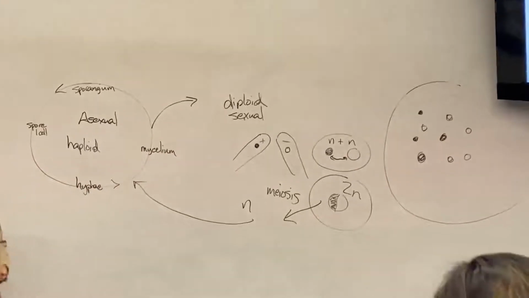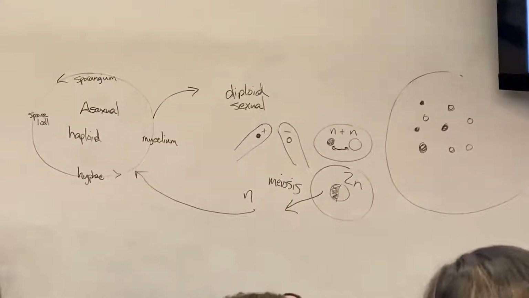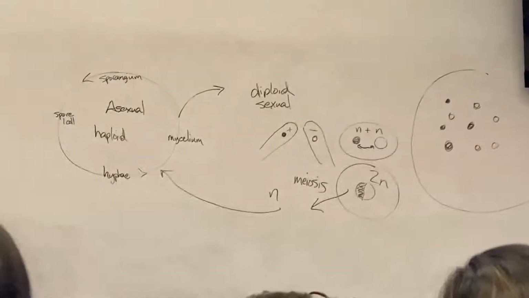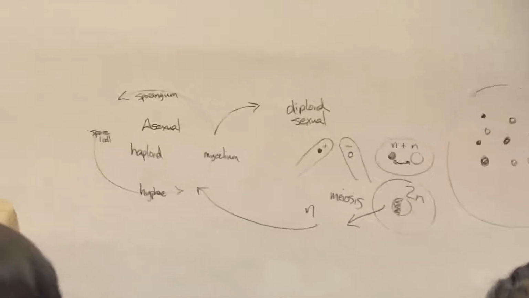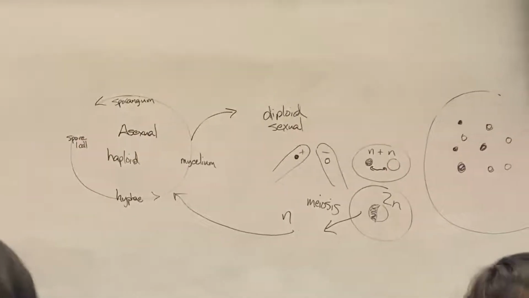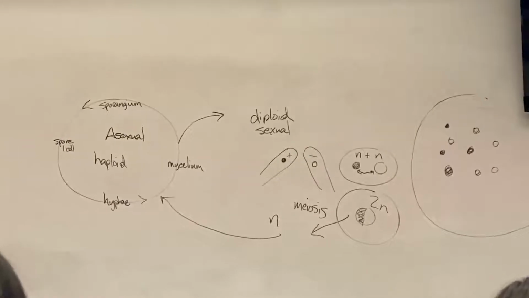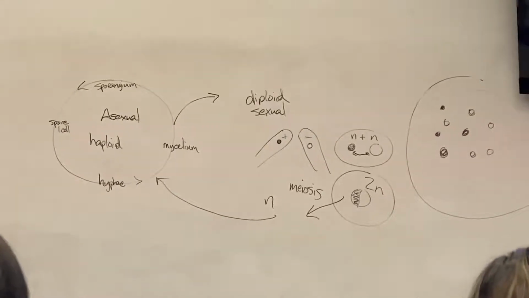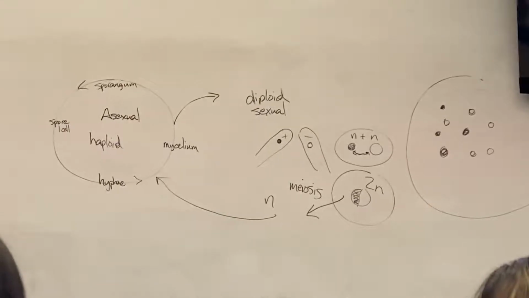So sexual reproduction and asexual reproduction are two different strategies that are used by many different forms of life. Asexual reproduction is really good in that you don't have to expend many resources in finding a mate. So you don't have to worry about how you're going to fertilize two different cell types. None of that matters. All you've got to do is be able to divide.